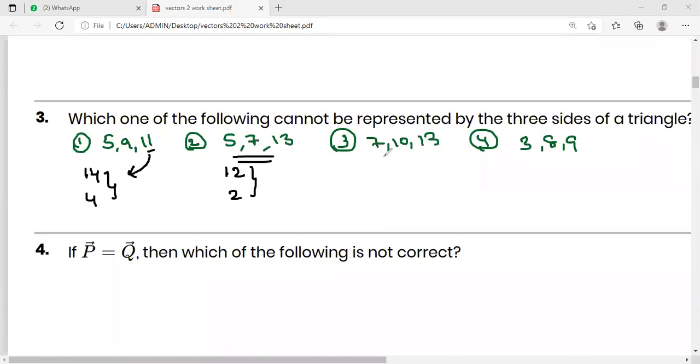Okay. In remaining cases, you see there maximum is 17, minimum is 3. It is in between them. Maximum is 11, minimum is 5. 9 is in between them. So only in this particular case, the third case is not in between the maximum and minimum values. That means it does not follow the vector rules and it cannot form a triangle. That is the case.